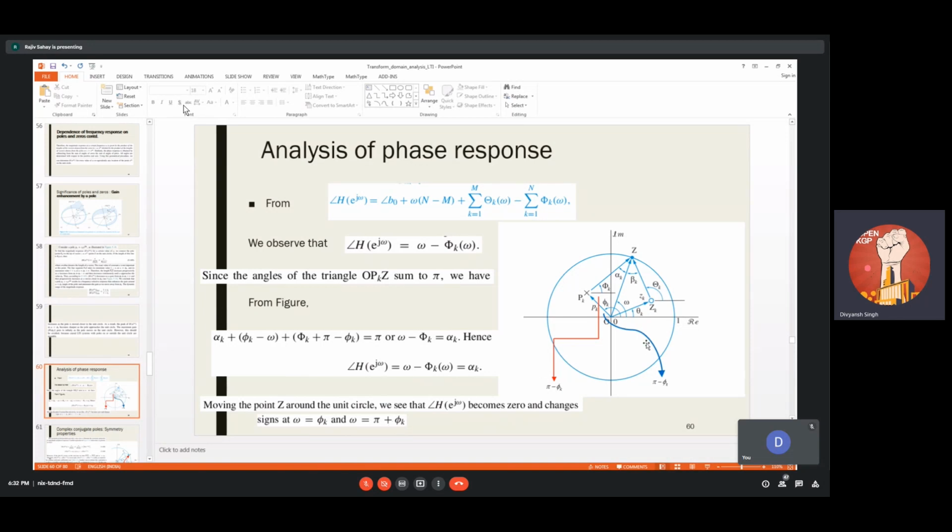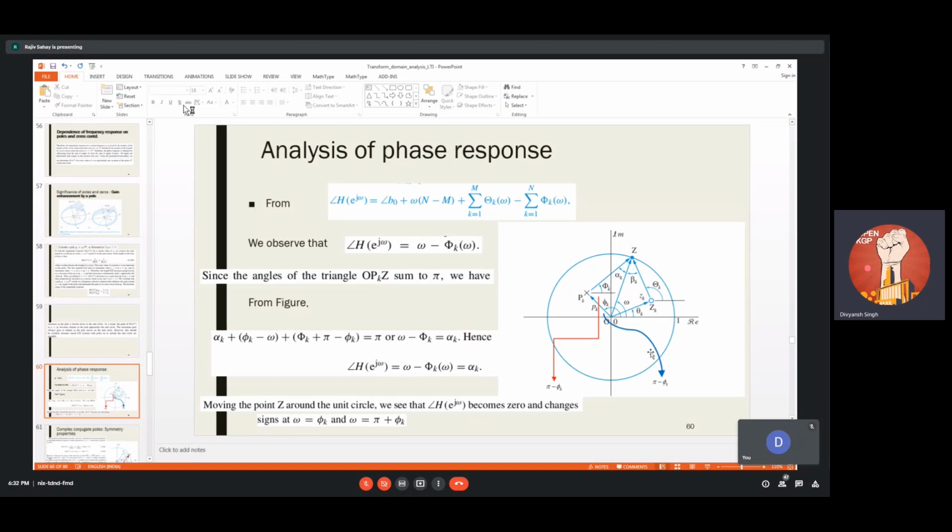Rather, it is this line. This line, to extend pi pk along this direction. The same thing will happen when z goes and sits here. It will rotate like this, and again it will come here. So when omega equals pi plus phi, omega will go like this up to this. So that will be pi plus phi.